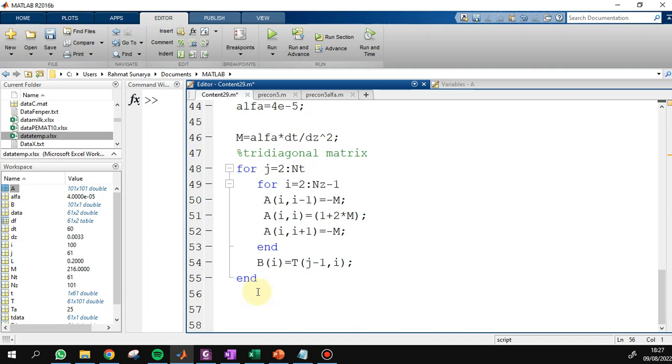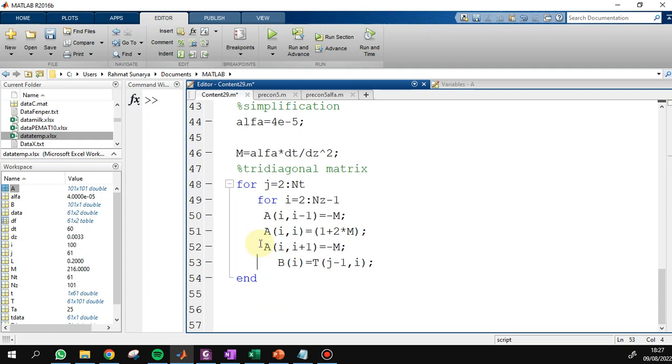So T(j, i) equals A inverse times B. Run.